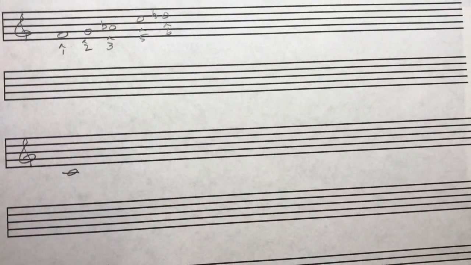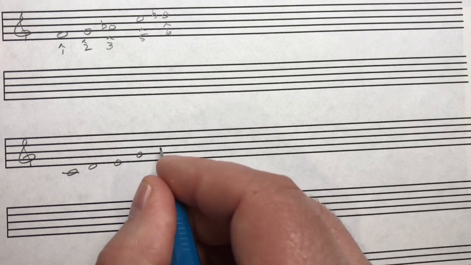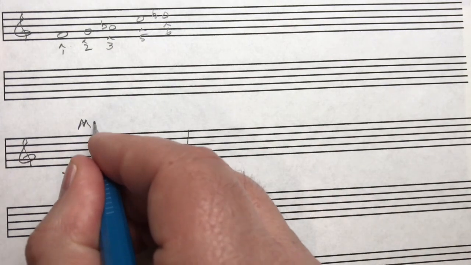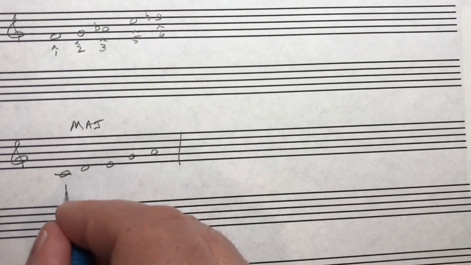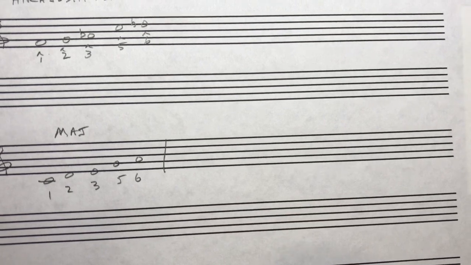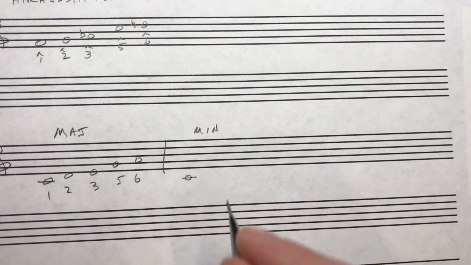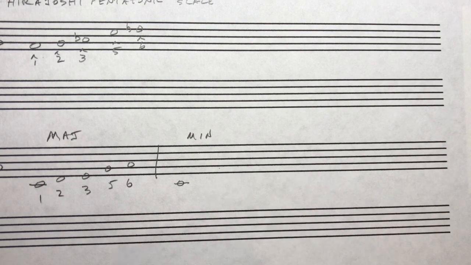and we want to produce the major pentatonic scale. We go 1, 2, 3, 5, 6 from the major scale. And if we wanted to do minor pentatonic starting on C, we could think of it as 1, flat 3, 4, 5, flat 7 from the C,